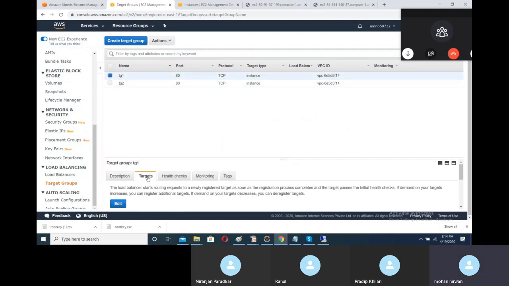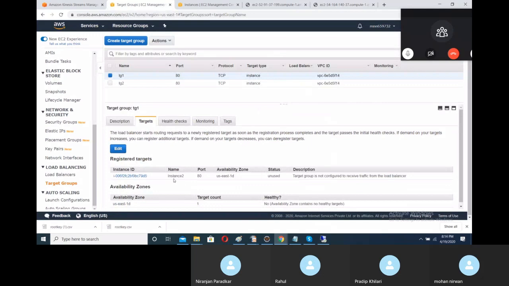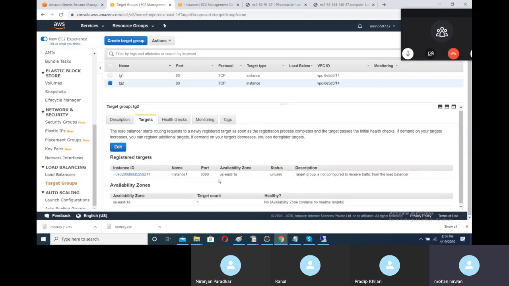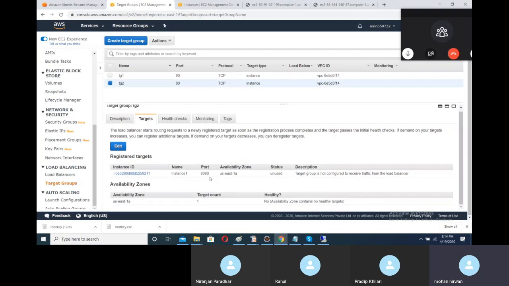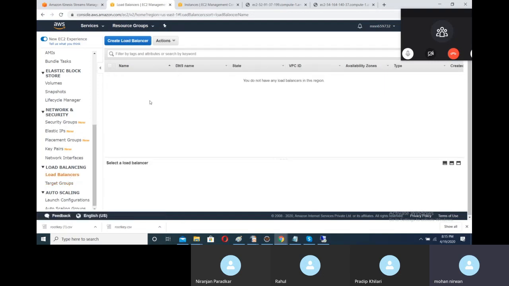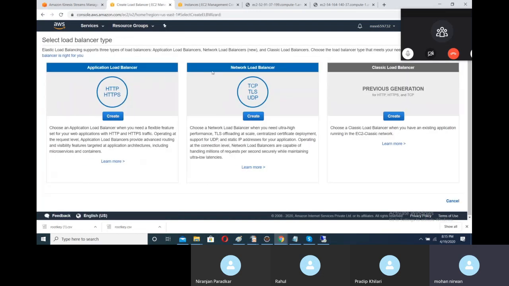Target group 1 is associated with our instance number 2, that is port 80. And target group 2 is associated with port number 8080, which is running on instance 1. So that is there, and we will create one load balancer, that is our network load balancer.